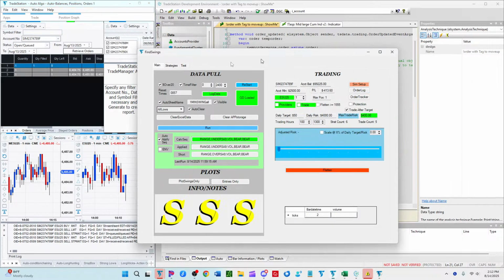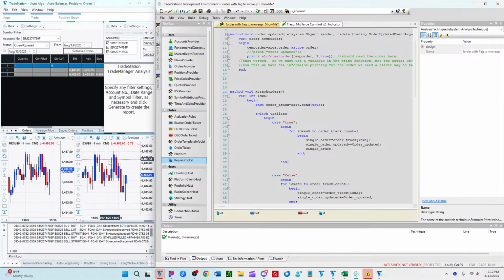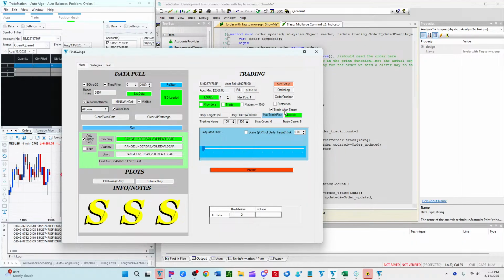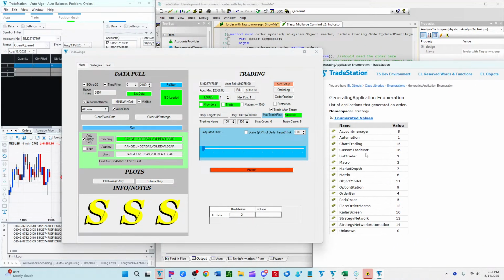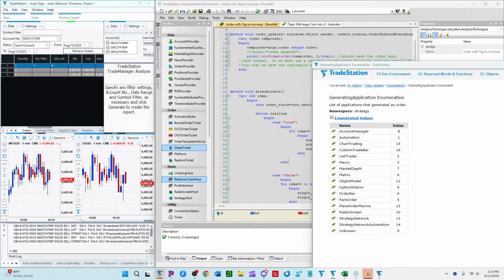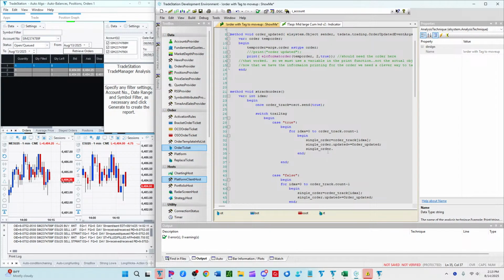But what I could do is use that generating application enumeration to only put a protection on orders placed from my algo. So that's good to know. That's something I can take to my next scripts. But for right now, let's see, single order